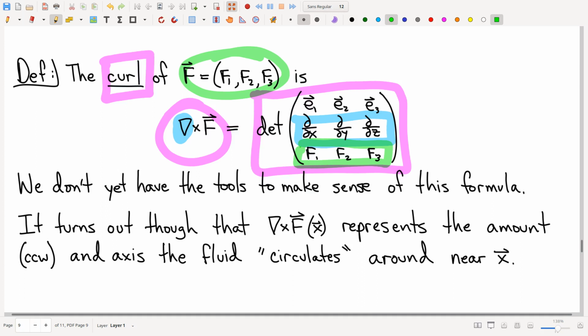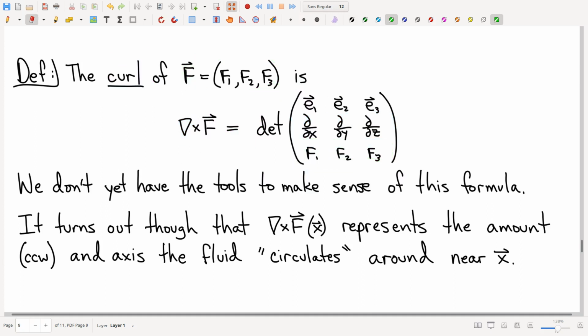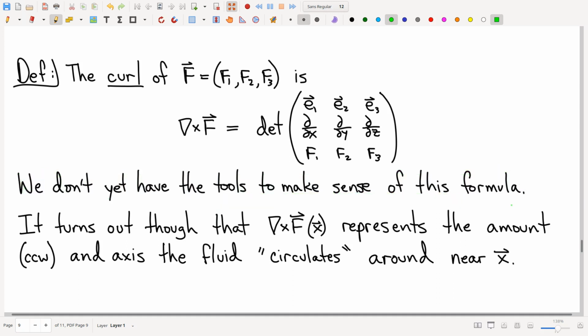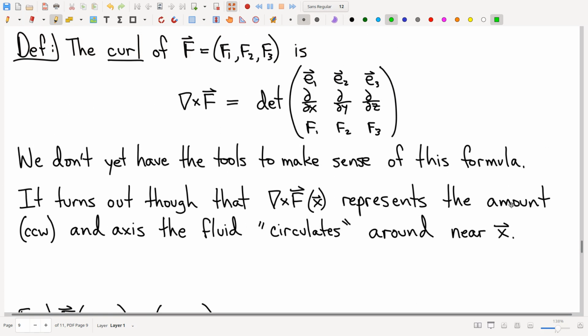Okay, so again, we find ourselves in this situation where we're not really prepared to make any sense out of this yet, and that's the nature of what we're doing here. This is just preview. But what does this represent? How should I think about this? This is a harder one to answer. It's a harder one to even describe. This thing called curl,